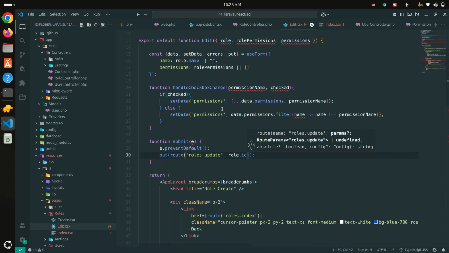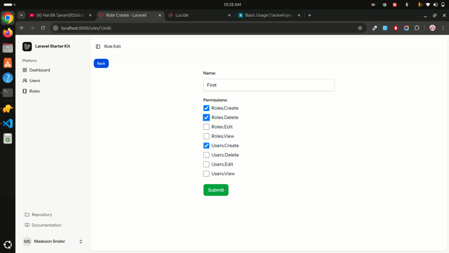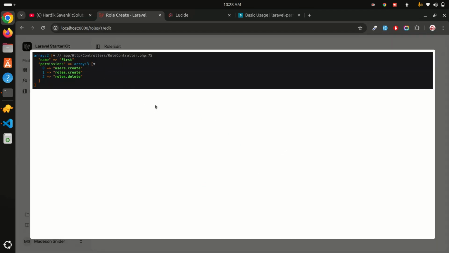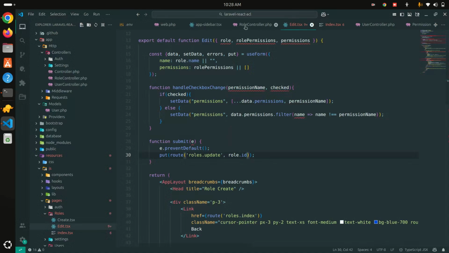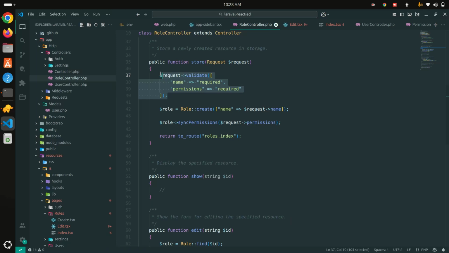Now it's perfect. Save it, hit refresh. Let me close this, check it, and click on submit. You can see that now we are also able to get the permissions. Okay, now what I am going to do next is add the validation again, what we added for create,